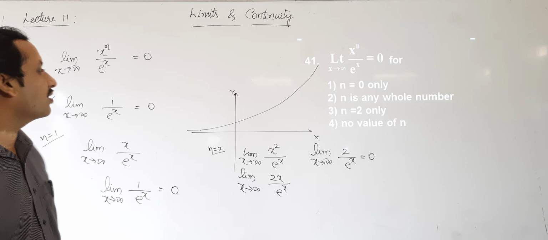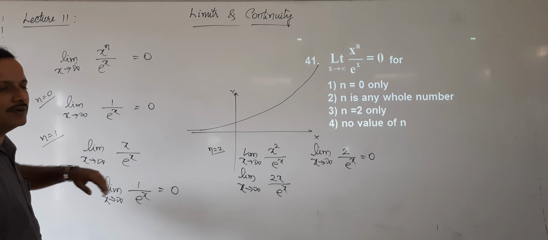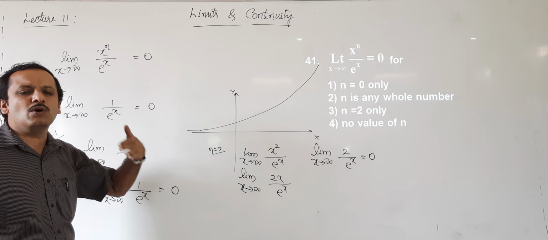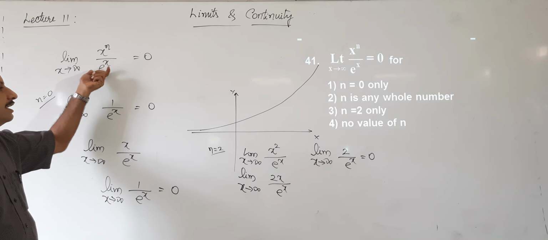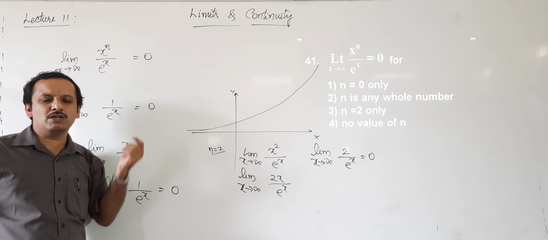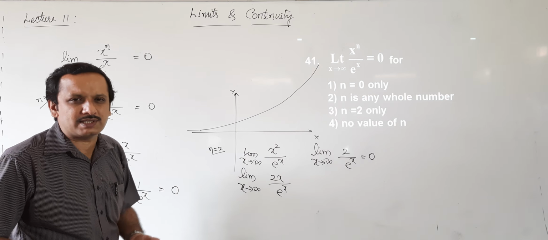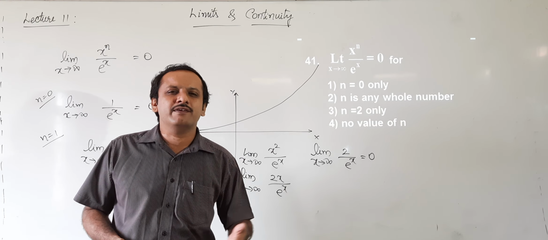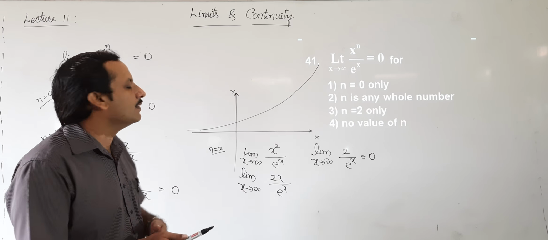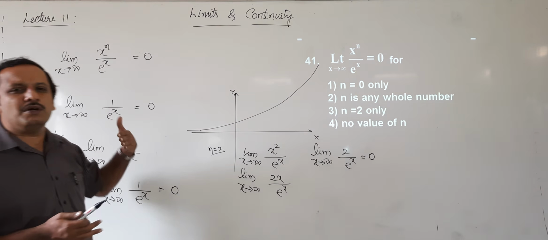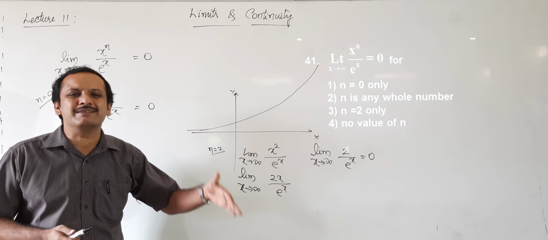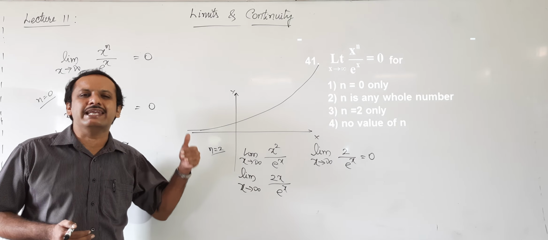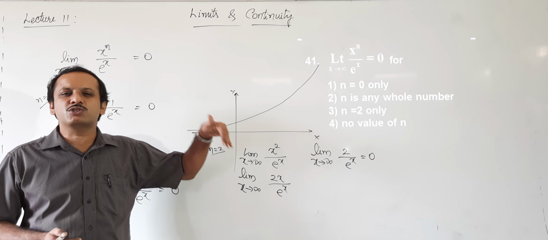So now coming back to this, just observe, if I directly apply the limit, I am getting infinity by infinity. So as you go on using L'Hospital's rule, the denominator will always be e power x only, because the derivative of e power x is e power x itself. So you differentiate as many times as you wish. Every time you are going to get the derivative of e power x as e power x itself. But numerator, what happens? The power of x goes on decreasing by 1. Initially, when x power n, once if I differentiate, I am getting n into x power n minus 1. The power is reduced to n minus 1.